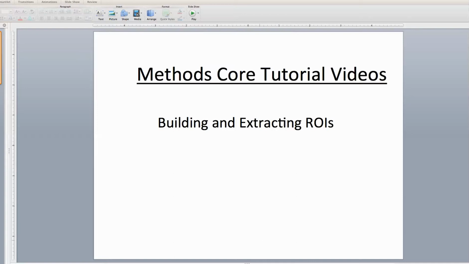This is a Methods Core tutorial video, and what we're talking about is building and extracting ROIs. This is really one of the most common things that we do. We specify ROIs, whether they be spheres or images. We extract activations from those ROIs. We store the results. We look at the results in programs such as Excel and SPSS. Well, Methods Core has built an integrated suite to make these operations easy and can be performed rapidly and without